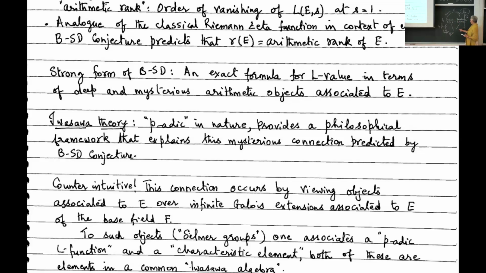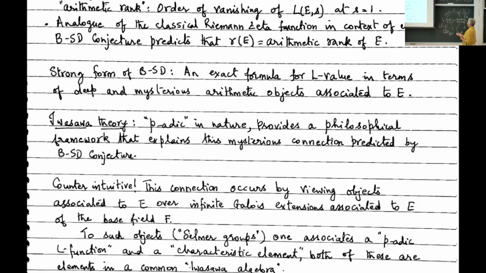And here the characteristic power series is related to the algebraic rank. These two are related because they are two faces of some object lying up there, and when you descend, you see them as the complex L function and the rank. So that's roughly what the Iwasawa theoretic framework tells us. Okay, so now what are the elements? This X is what is called the Selmer group over this big extension.